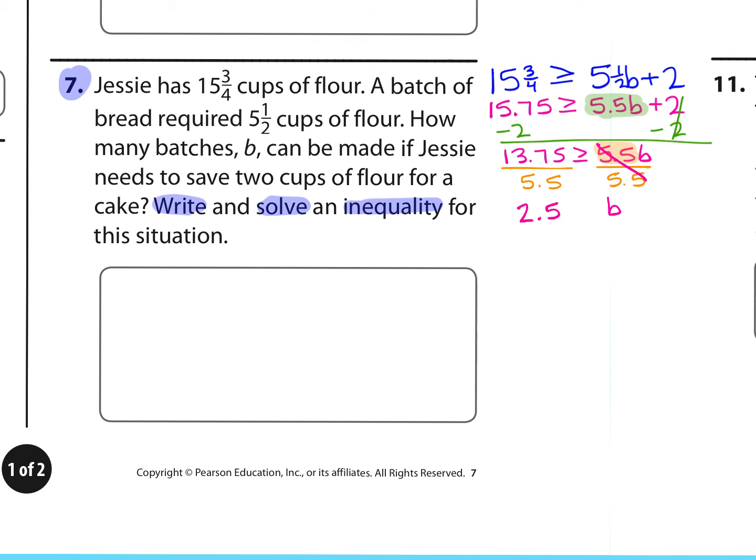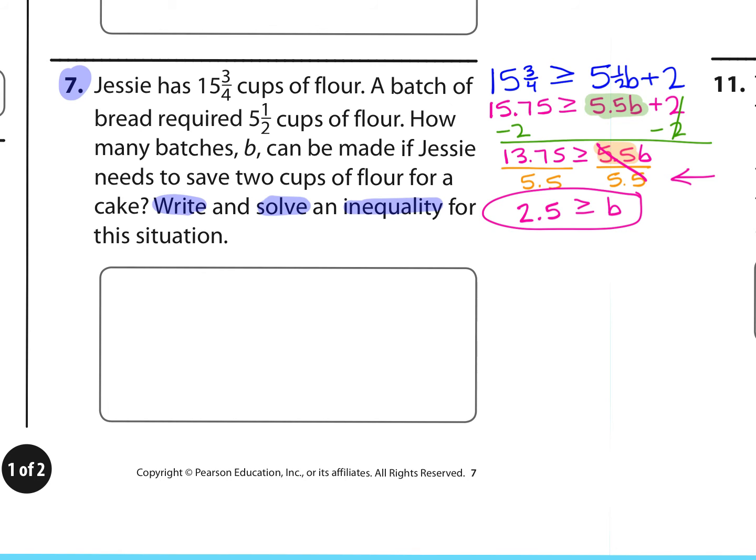Now I do want to remind you with inequalities that at this last step, when we multiply or divide both sides by a number to get our variable by itself, if we multiply or divide both sides by a positive, then we can just keep our inequality symbol the same, and that's what we did here. But remember, if it's a negative, flip the symbol. And so we have solved this inequality,